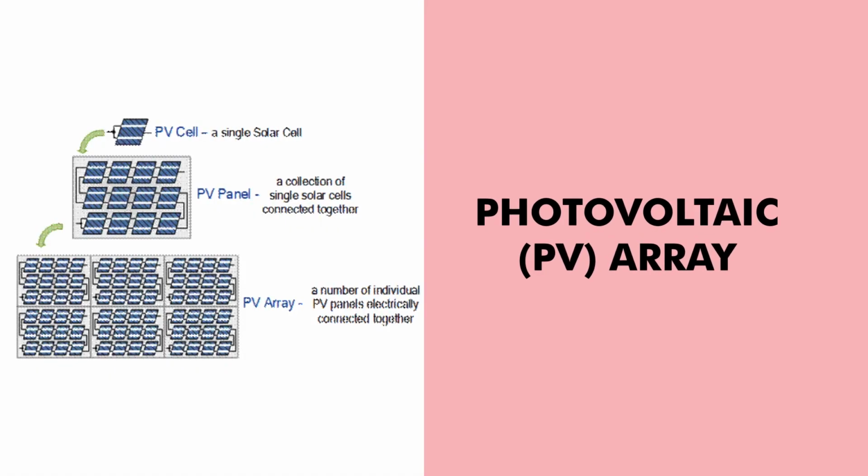The power output of a PV module is affected by the solar intensity, solar cell temperature, solar cell electrical efficiency and load resistance. The majority of module manufacturers produce modules with 12 volt, or you can say 24 volt, output voltage. Now we will understand the photovoltaic array. First of all we have discussed the solar cell, then we have discussed the photovoltaic module. Now we will discuss the photovoltaic array.